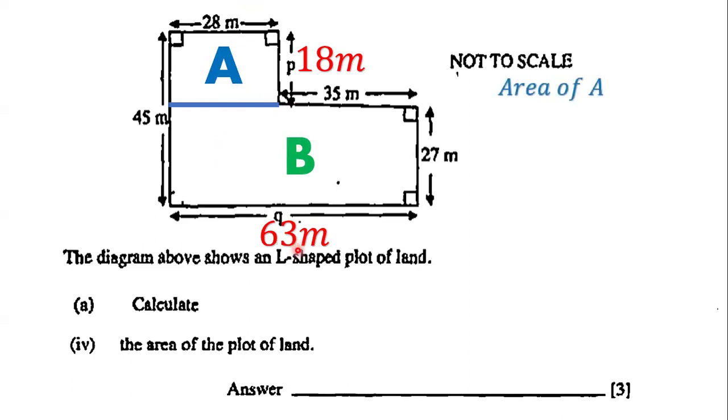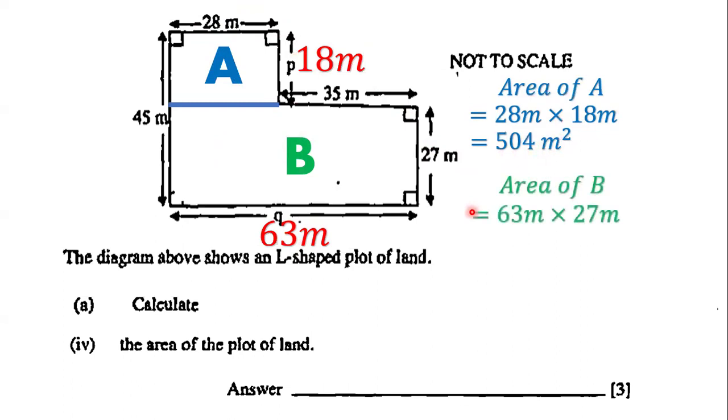In order for us to calculate the area of A, we say 28 meters multiplied by 18 meters, and that gives us 504 meters squared. The next thing we need to do is calculate the area of B. B is also a rectangle, and the area of a rectangle is length times width. So that's going to be 63 meters multiplied by 27, which gives us